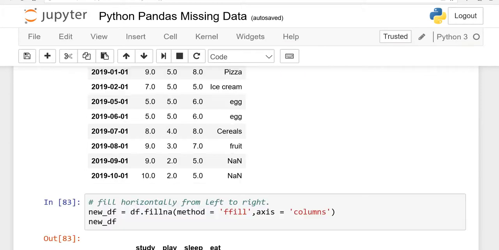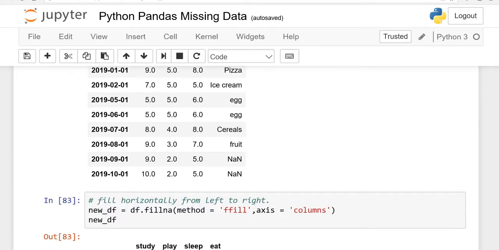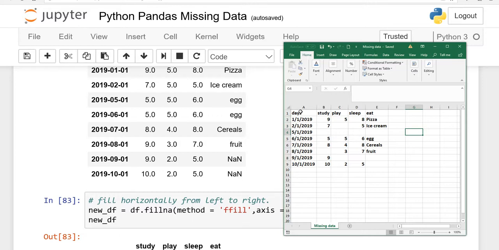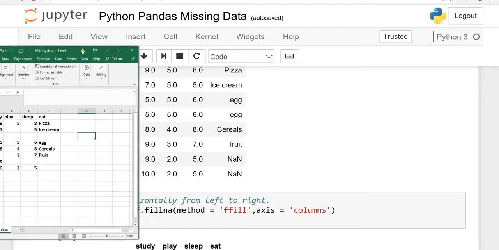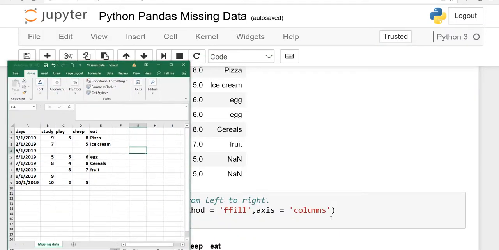Okay, another important parameter is axis. Now what is the meaning of axis? See, if we use only method ffill or method backfill, it will fill these blank cells top to bottom, or backfill from bottom to top. But if we also write axis is equal to columns, right? ffill, forward fill, and axis is equal to columns, or backfill, axis is equal to columns.